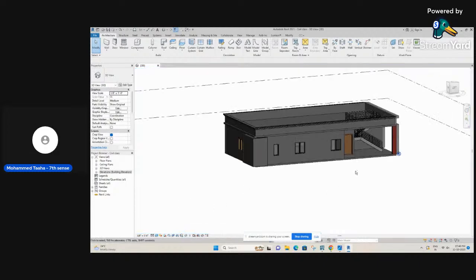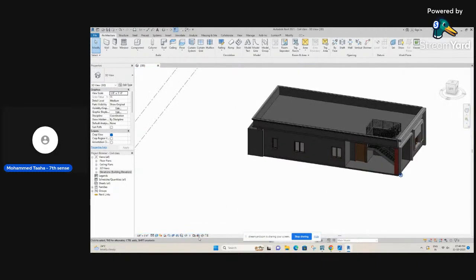I'll reset temporary hide. These are some of the tools which are required for you to view the complete scenario of the building. But we have not discussed all the views because it requires more time. We're going to discuss it in the time to come. The next thing that I also need to discuss,